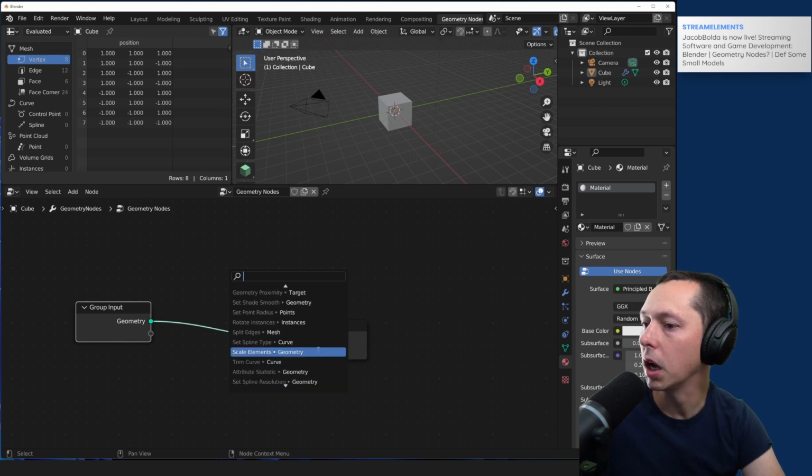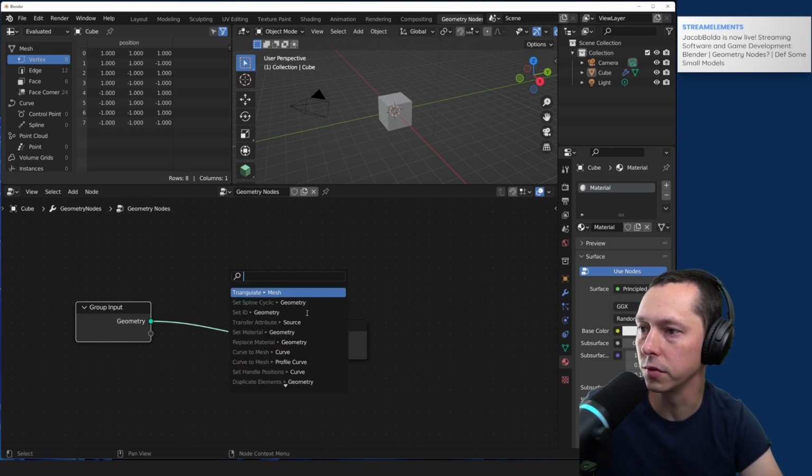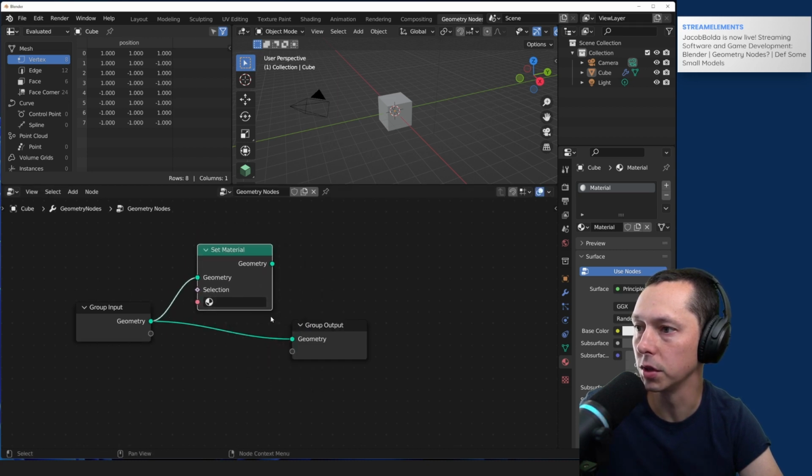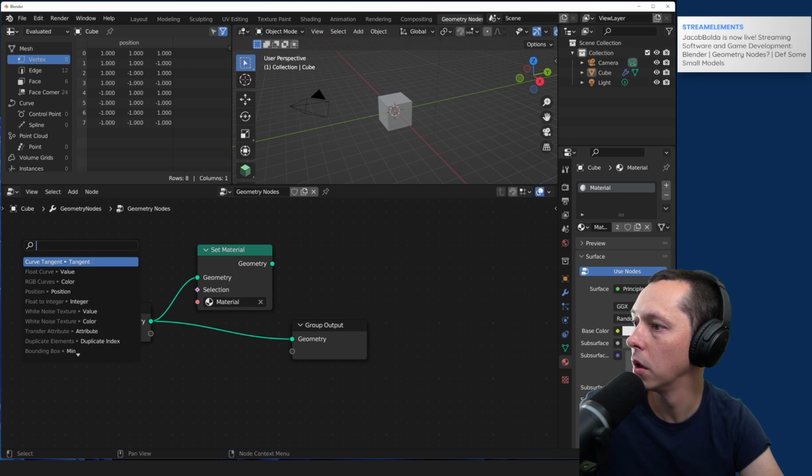It seems like this gives us kind of a filtered list of things that we can do. Like we could set material. And our selection can be,